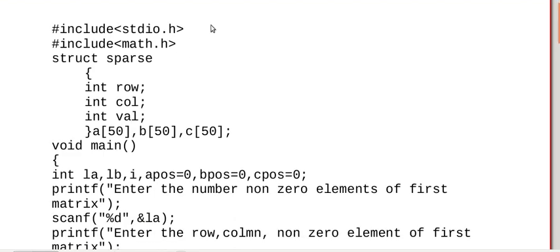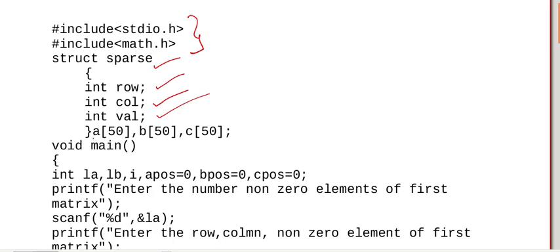See here, include all the necessary header files, and I am declaring a sparse matrix structure, sparse. In that sparse I am having the row variable, a variable for storing the column value, and a variable for storing the value of the corresponding non-zero element.